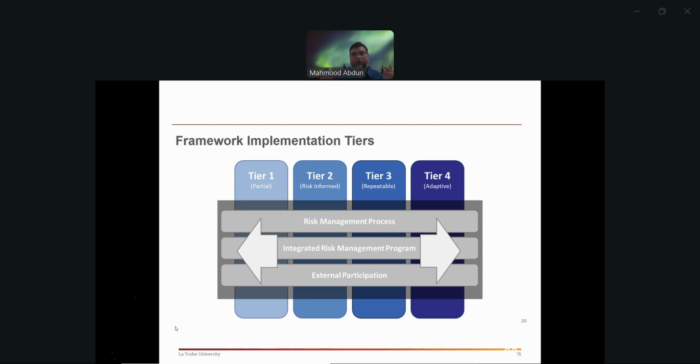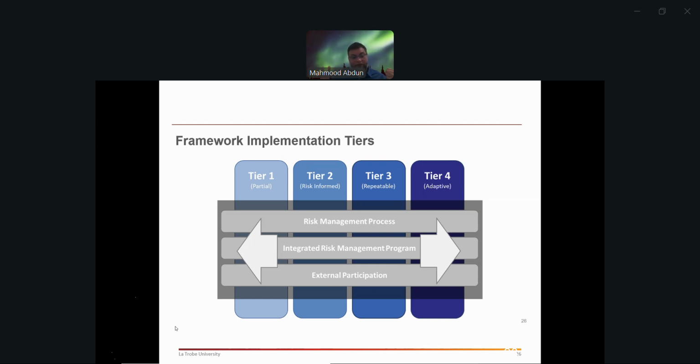For example, many companies, like Medibank, Medisecure, Optus, they got hacked. So where do you think they lie in these tiers? Tier 1? No. Tier 2? No. They're in tier 3. But still, they make mistakes. They are not proactive in identifying possible vulnerabilities, loopholes, and so on.